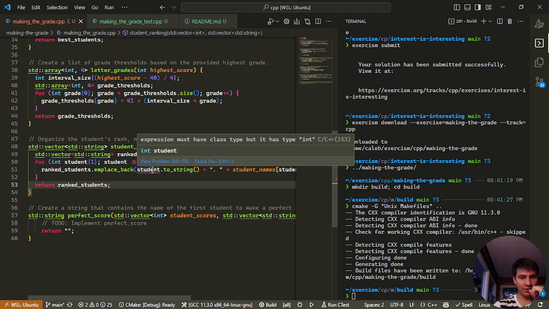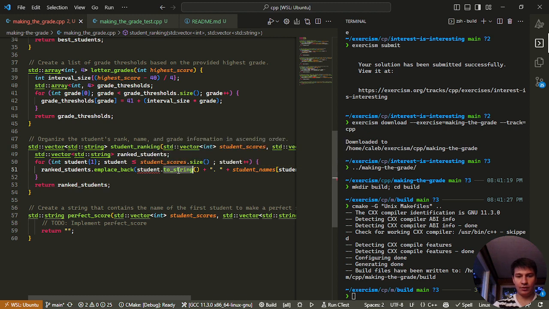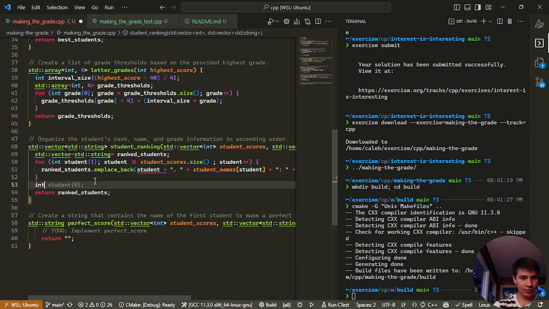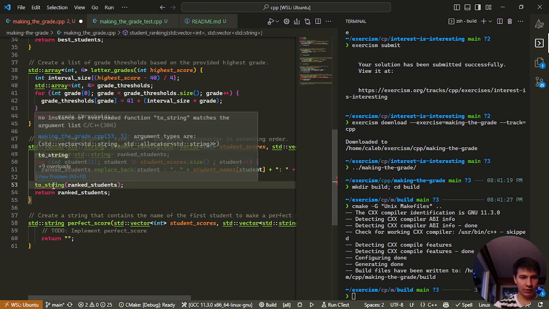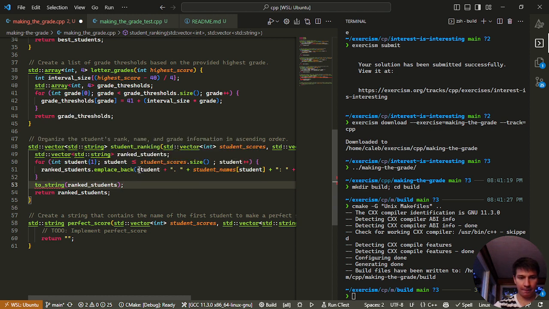Expression must have type class, has class type but has type int. So maybe there's just a toString. I don't know. Let's see. Int toString. Is that a thing? Nope. How about just toString? Plenty of overloads on it. Okay. So toString